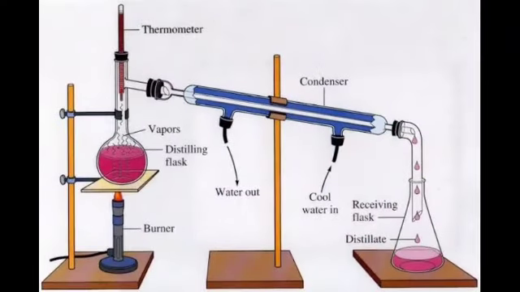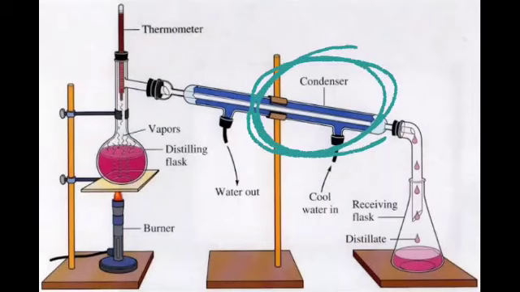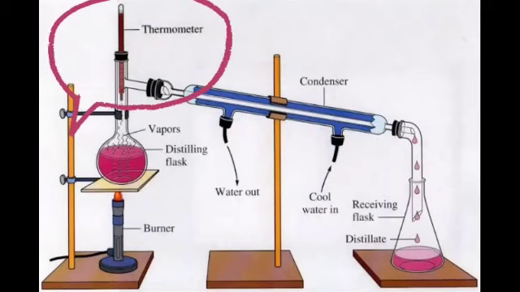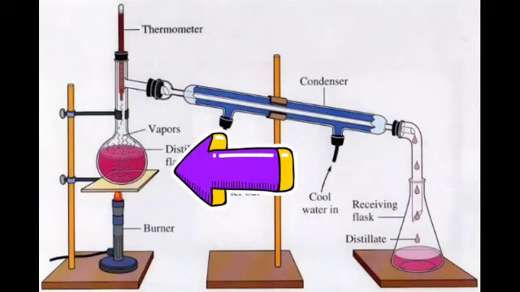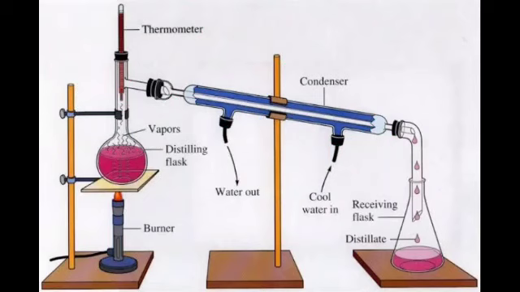A distillation flask is fixed with a water condenser. A thermometer is introduced into the distillation flask through a one-holed stopper. The bulb of the thermometer should be slightly below the side tube. The brackish water, that means sea water, to be distilled is taken in the distillation flask and heated to boiling.